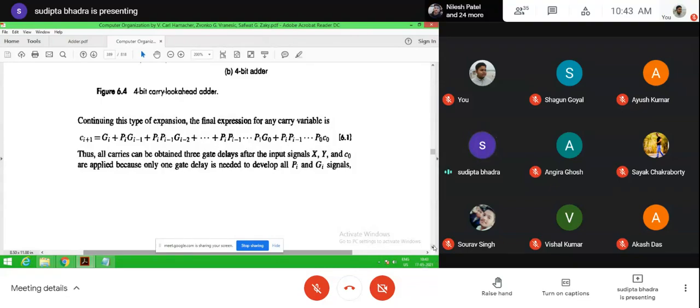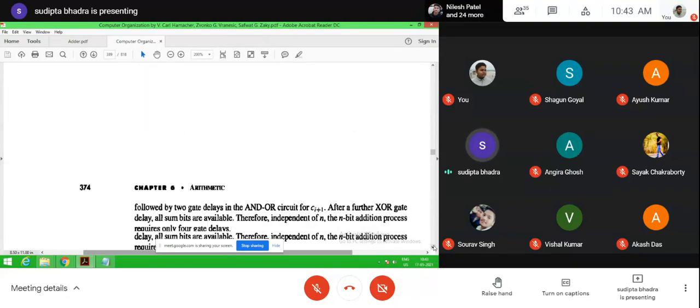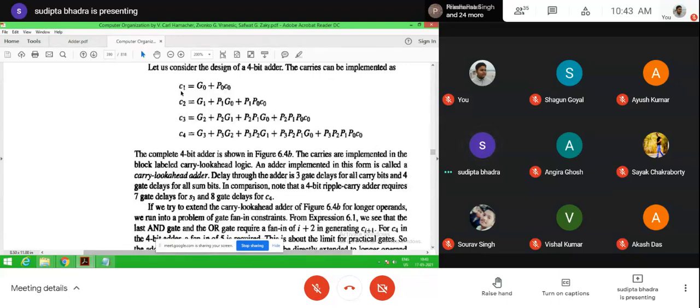It will be easy to understand if I show you this. Look here, C1. C1 is what? G0 plus P0 C0. Now C2. C2 is what? G1 plus P1 G0 plus P1 P0 C0. In this C2 value, you see that G1, P1, G0, P0 are present and C0 is present.